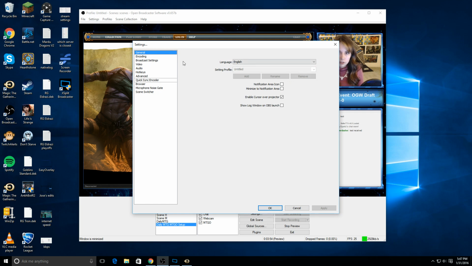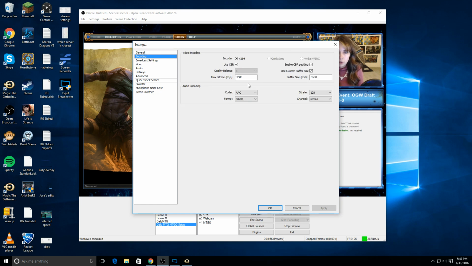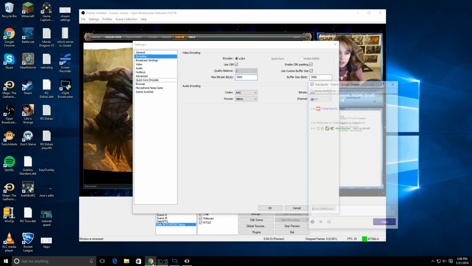Everything that's in general is going to be okay. When we go to encoding, all of these are going to be selected by default depending on what your computer is doing. These are all fine by default, but what we really need to figure out is what your max bitrate and what your buffer size should be. These two are very important because these will determine basically how good your stream looks. And you don't want to just jam it to infinity because otherwise your stream is going to be lagging and crashing for everybody. So in order to find this out, we need to open a website called